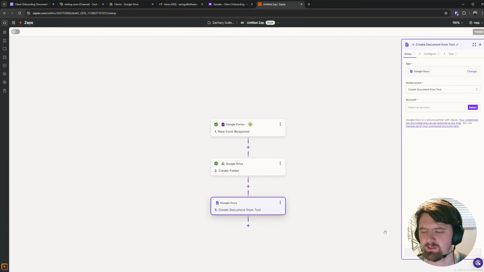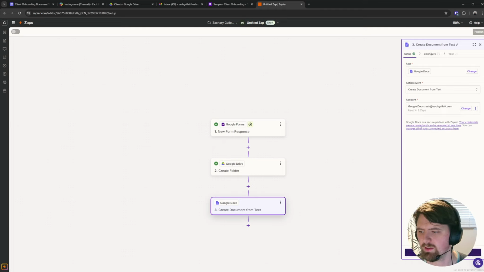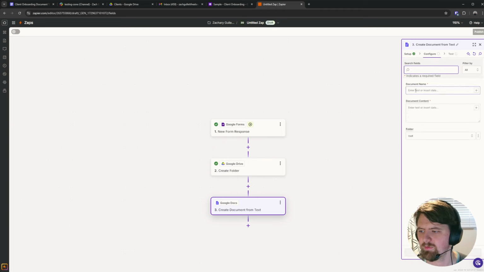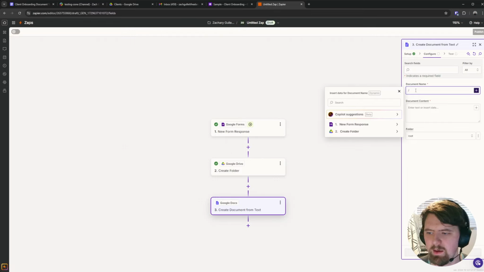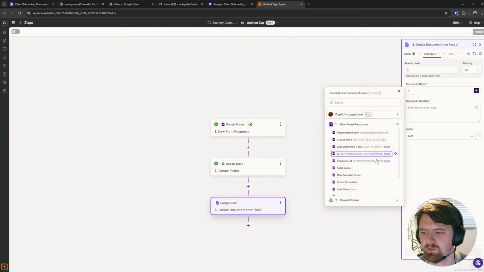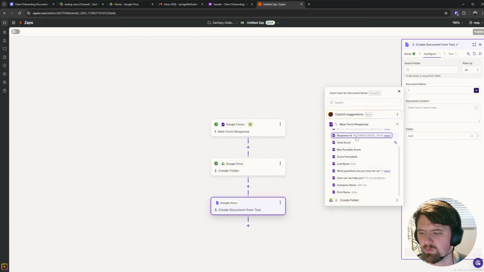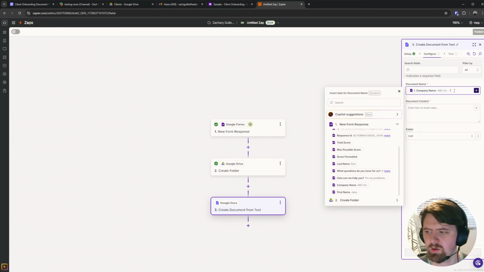And we're going to select Create Document from Text. Select my account again. All right, and then for the document name, what we're going to do is map in a value again by doing that slash. And we're going to use the company name. And then I'm just going to put like dash client onboarding